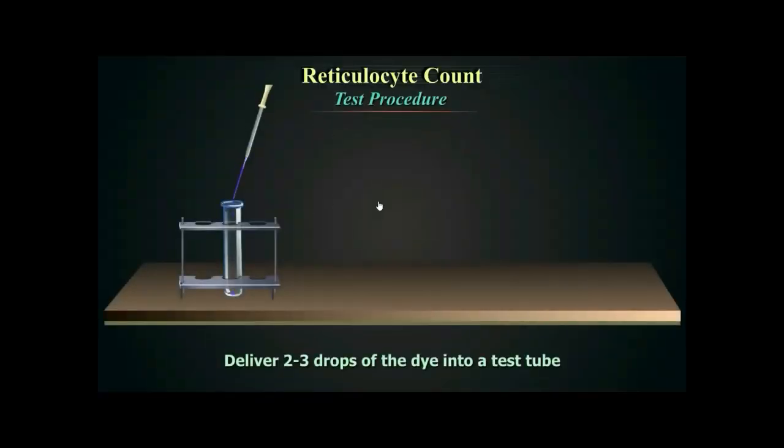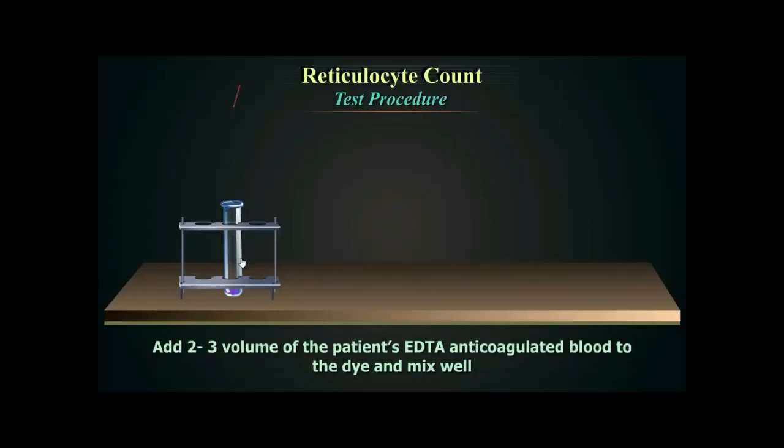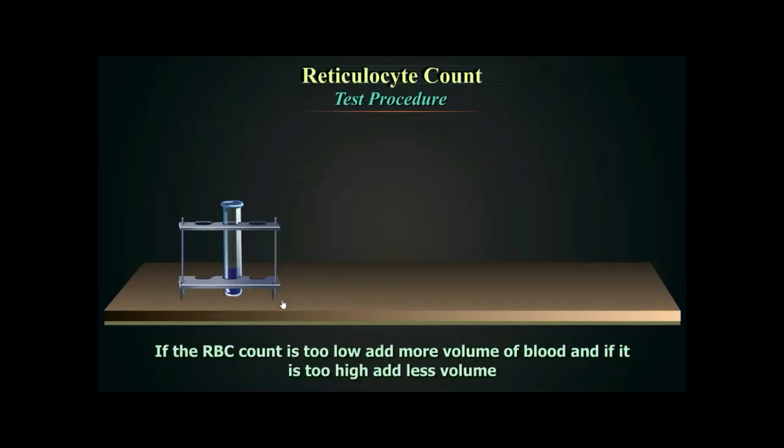Now we'll see the video. So 2 to 3 drops of dye he has taken in a test tube. Then 2 to 3 drops of blood he has placed in the test tube. Right? Here,